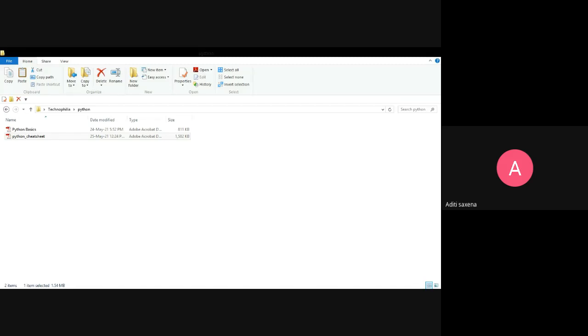So now, if I print these, what is the output? Okay, the first output is NT, meaning my OS name is NT. This is for Windows. Next is the current working directory. The current working directory is this. I have a NetBeans project in Python, so I have this directory in Python.